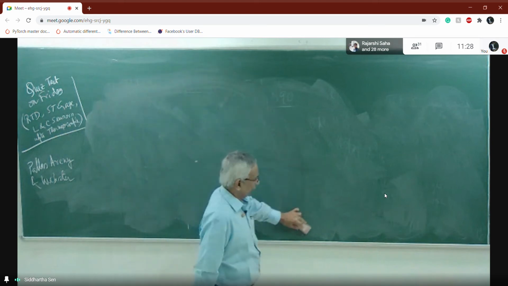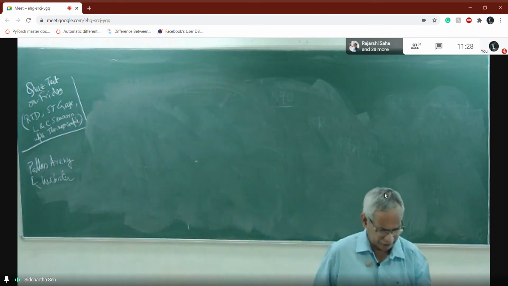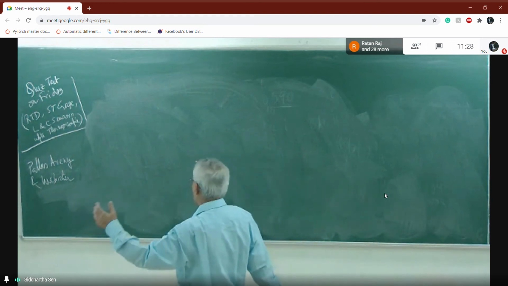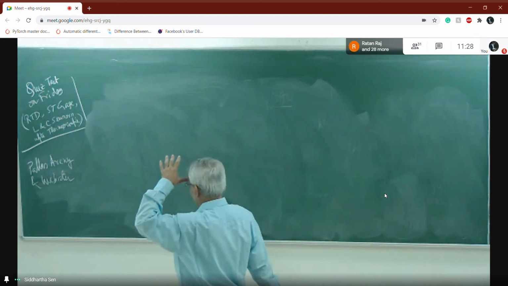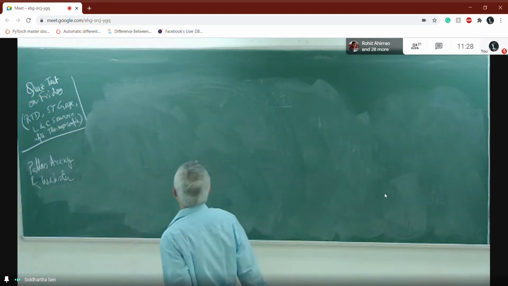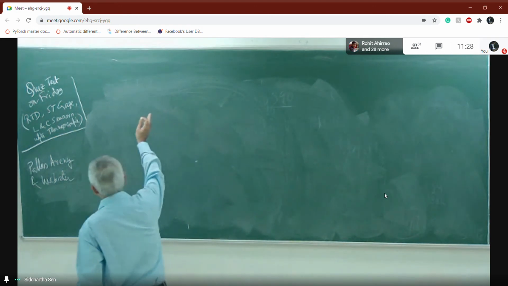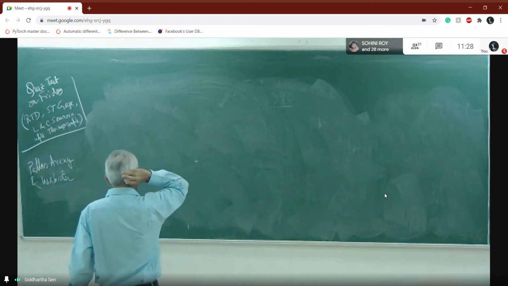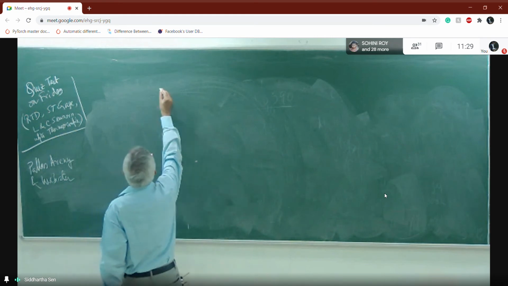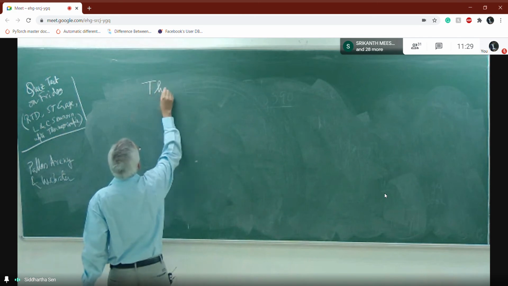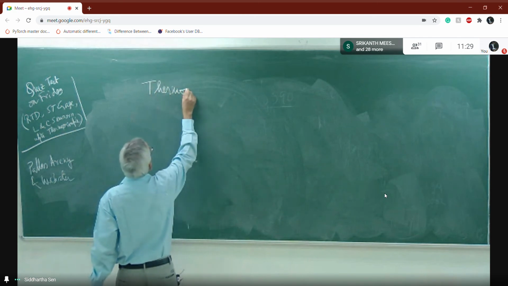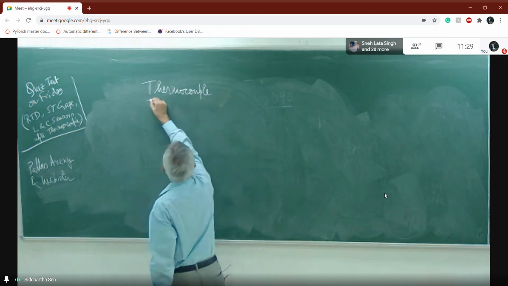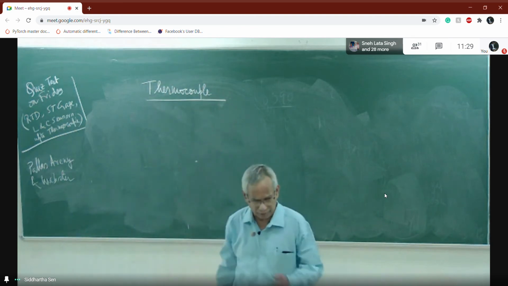So next one, we'll go for the temperature measurement. Actually, we are going through the different types of characteristics. We are going for temperature measurement. So first temperature measurement was the semiconductor type temperature sensor or IC sensor. Next one, which is a very popular type of temperature sensor, is basically the thermocouple.